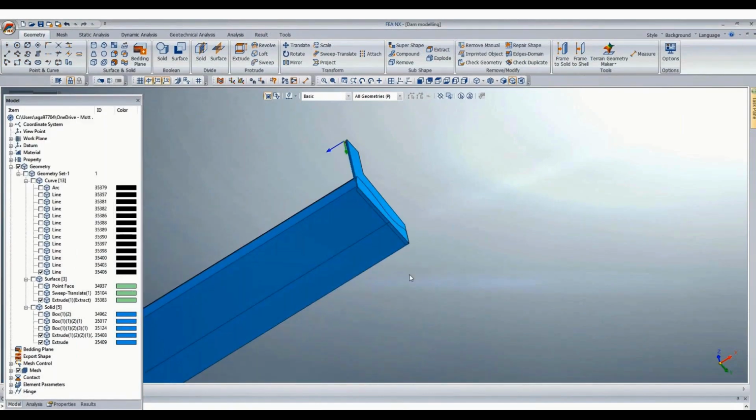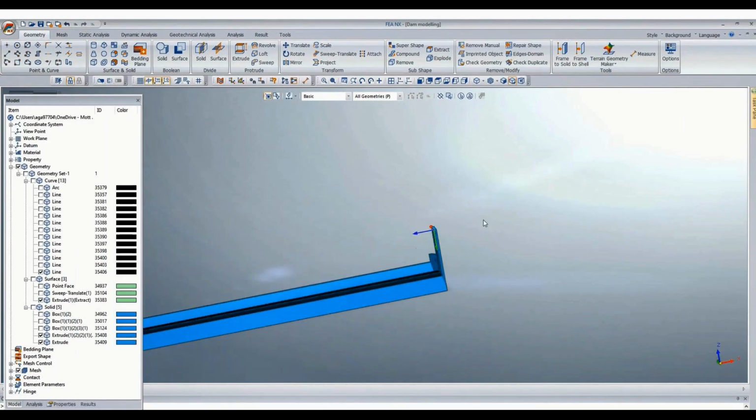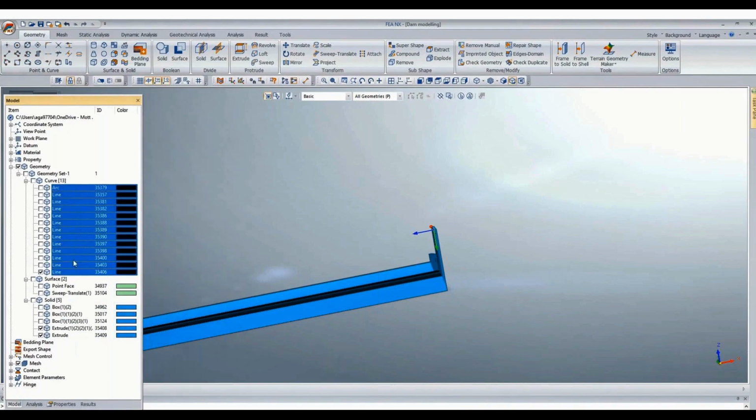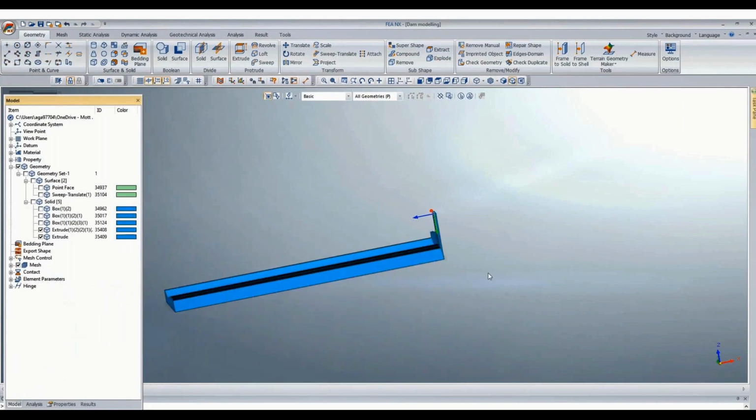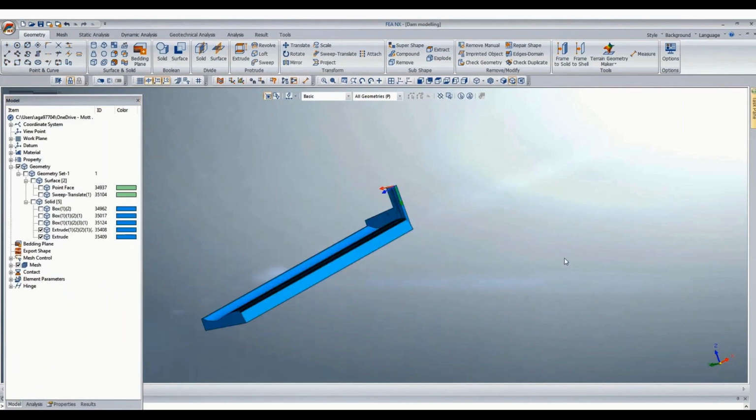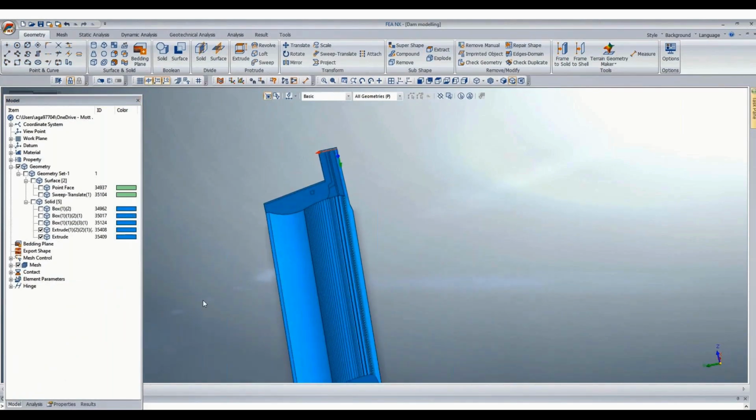Okay, I don't need this surface anymore, and I don't need these lines also anymore. Just remove it. Okay, then